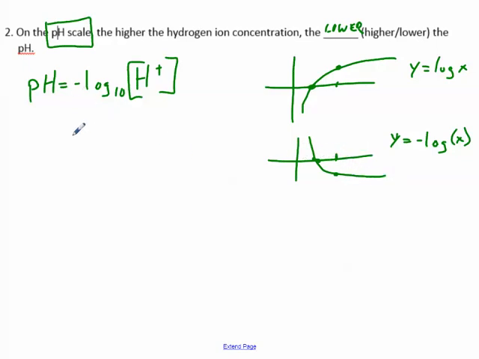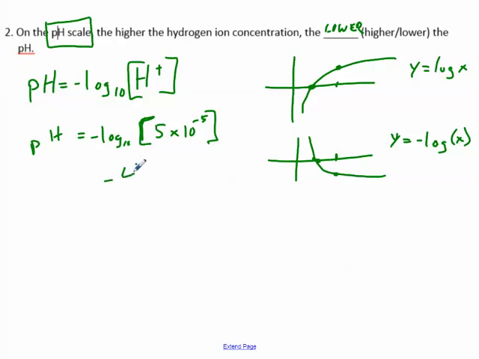So let's take a look at specifically what this means. If I give you pH equals -log, log base 10 of, and I give you a hydrogen ion concentration of, let's say, 5 times 10 to the negative 5 power. I'm just going to throw out a number and say, what's that log? If we take a look at that log, we'd take first of all the log base 10 of 5 times 10 to the negative 5 power, and we get